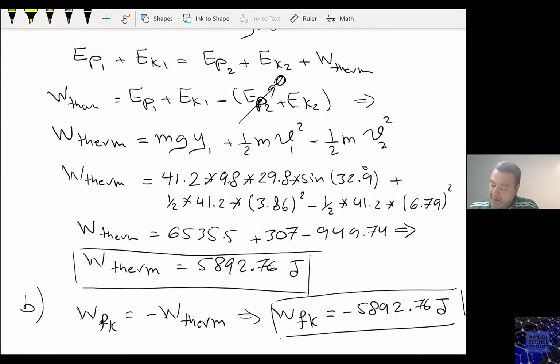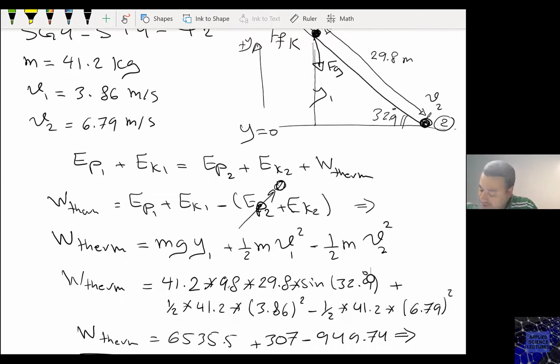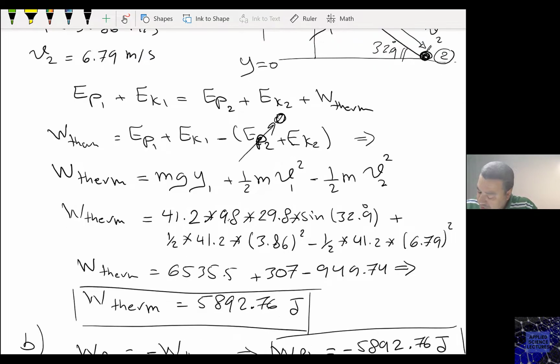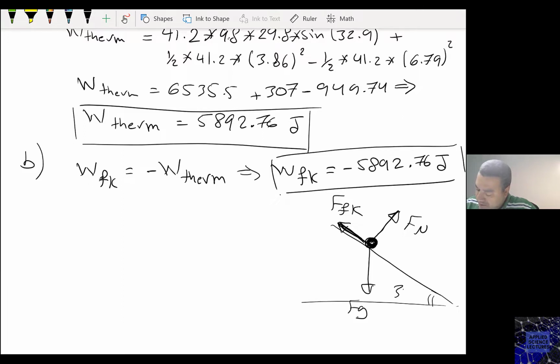Now, if you go back to here and try to just redraw here to be clearer. So we have here the Fn, we have the Fg, we have the friction, angle here at 32.9 degrees. Okay. Now this force